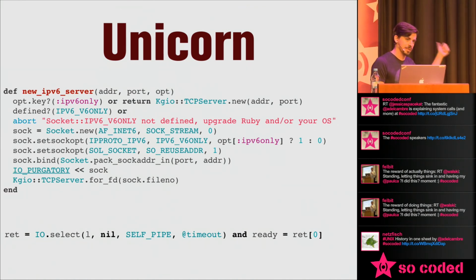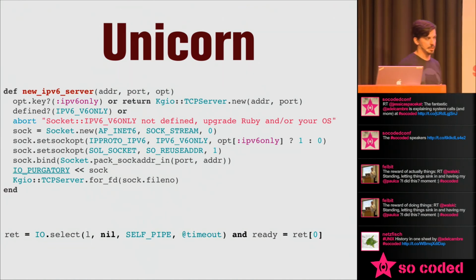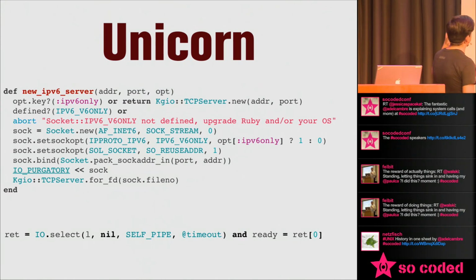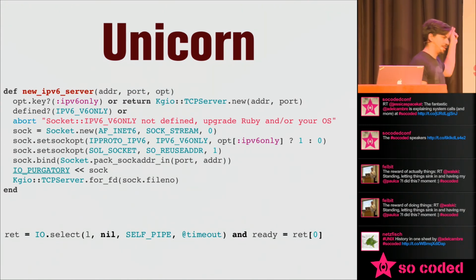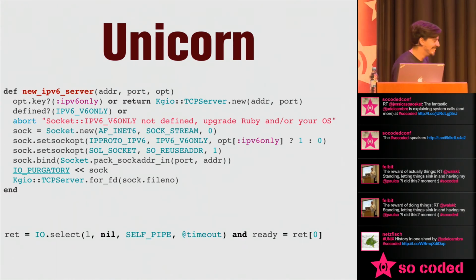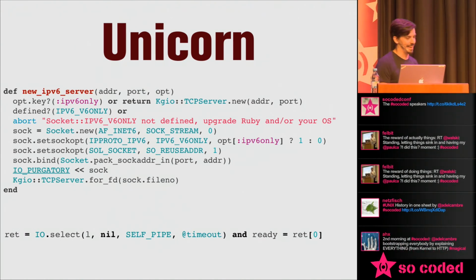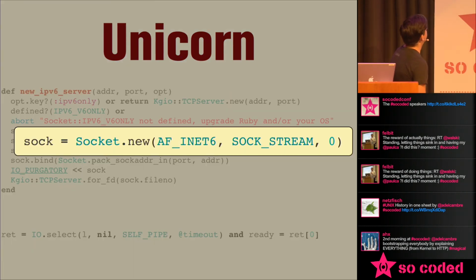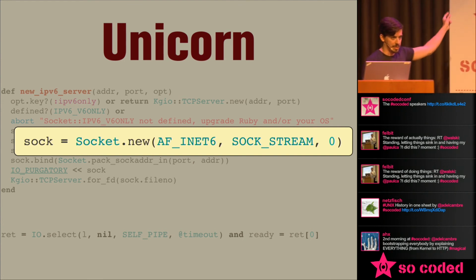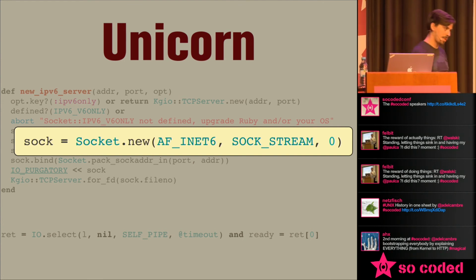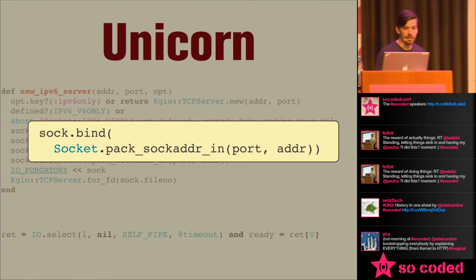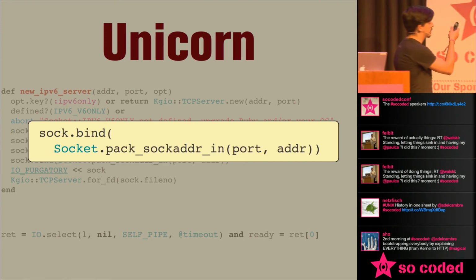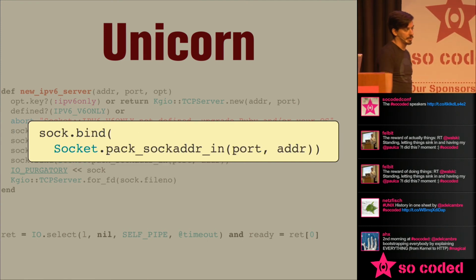this is inside of Unicorn, which is a really popular Ruby HTTP server. And you can see this is how it actually serves connections. It serves connections in IPv6 mode. IPv4 mode is a little bit different, uses a different library, so it's a little bit more confusing. But you can see here, we call Socket.new, AF_INET6, and SOCK_STREAM, so we're doing IPv6 and TCP. It looks exactly the same as what we were just looking at before. We call socket.bind with that sockaddr_in with the port and the address, just like we were doing before.